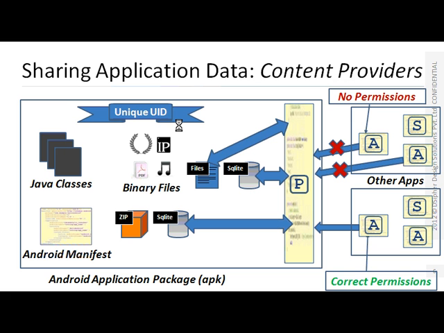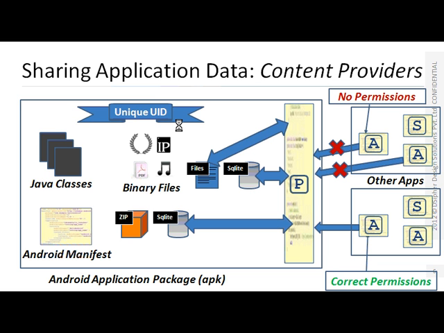Alright. And on the other hand, if other applications apart from your application want to get access to your data, they must specify this permission name under the uses-permission tag in their Android manifest.xml file. So the difference here: the applications who want to share their data with other applications will use the permission tag in their Android manifest.xml file.